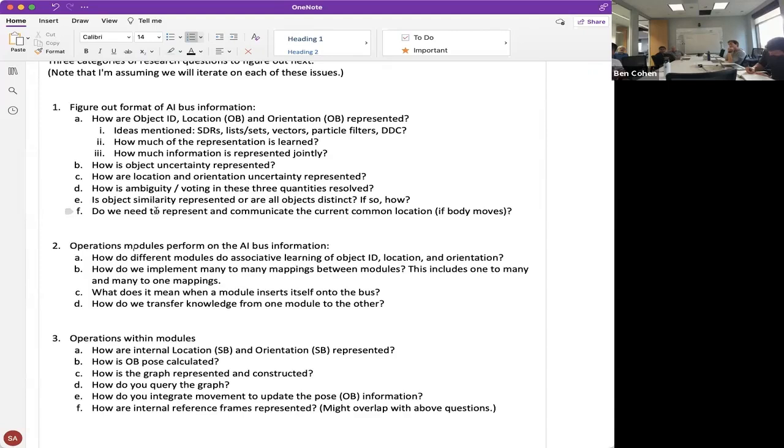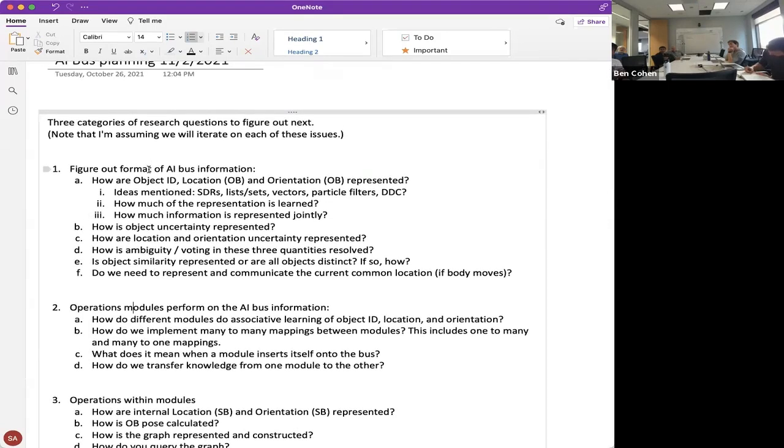So I can go through each of these in more detail, but this is how I split it up. I'm not saying this is the right way to do it. The first question is stuff that we talked about last time when Marcus presented: how are object ID, location relative to the body, and orientation represented? In the last week, there's tons of options that have been mentioned, like SDRs, lists, vectors, particle filters. This thing, DDC, is